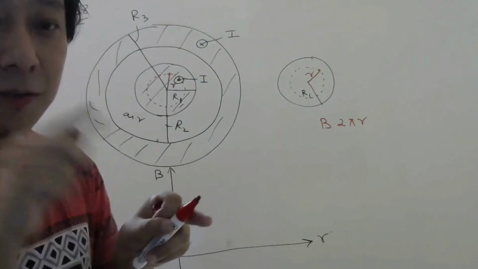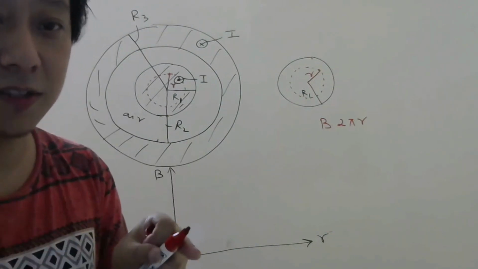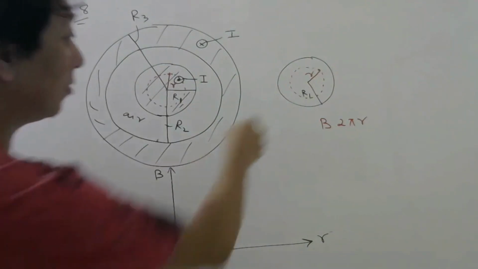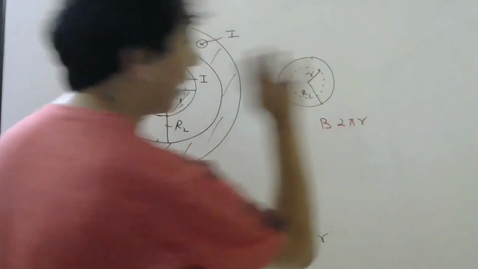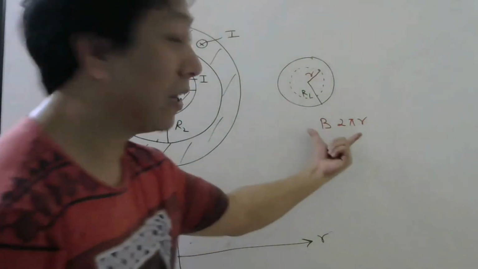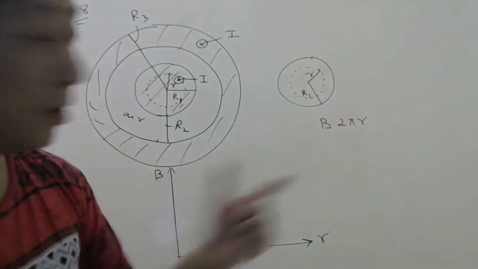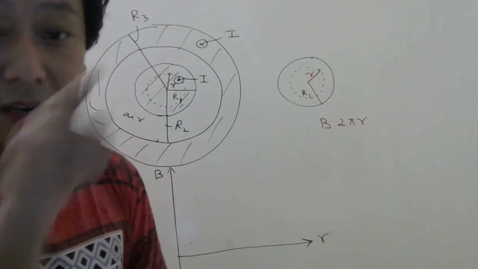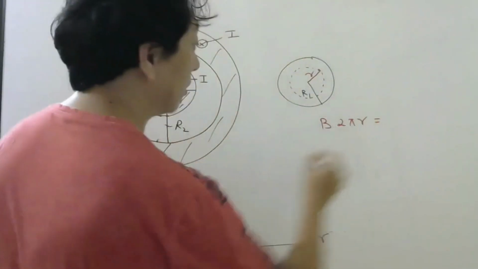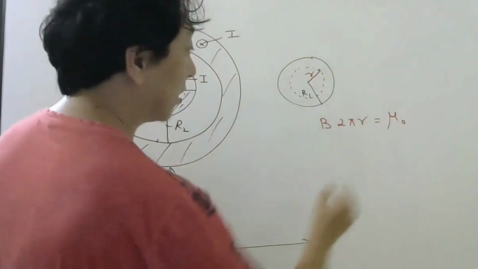So integration of B dot dl will be B dl cos 0. Then B you take out, integration of dl will give you the length of the loop, which is 2 pi r. Already I told you in the regular class also, try to remember the left side of Ampere's circuital law like this, if magnetic field lines are circular. Okay, this should be equal to mu naught times current enclosed